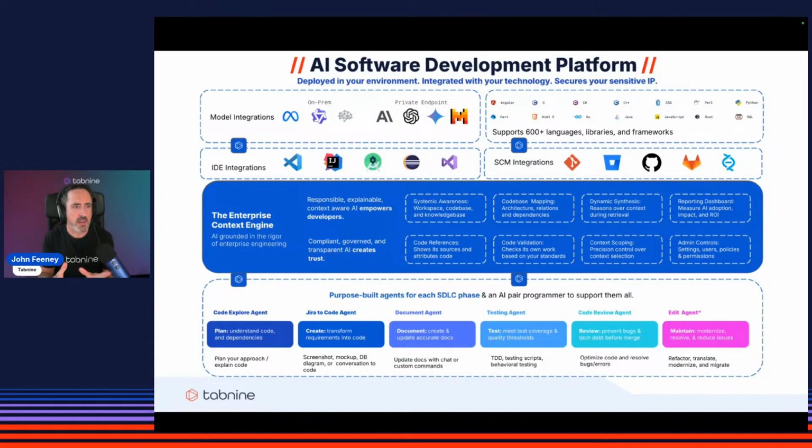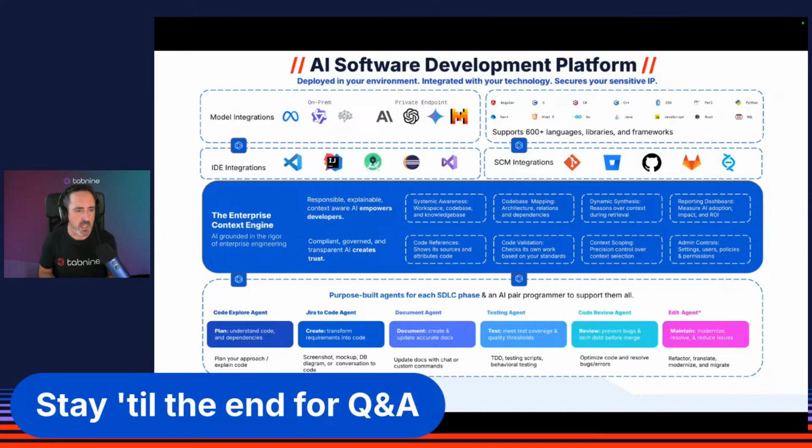In the middle there, the blue box is the enterprise context engine. So, I touched on this earlier on, the importance of being able to bring in all of that deep organizational knowledge and all that institutional knowledge in whatever form it may exist into your coding assistant and provide that very valuable information to the model. So that's something that really underpins our platform and something that we've been called out for by the likes of Gartner. And then at the very bottom there, you can see all of the various agents that we provide out of the box, all these various agentic workflows for various SDLC activities.